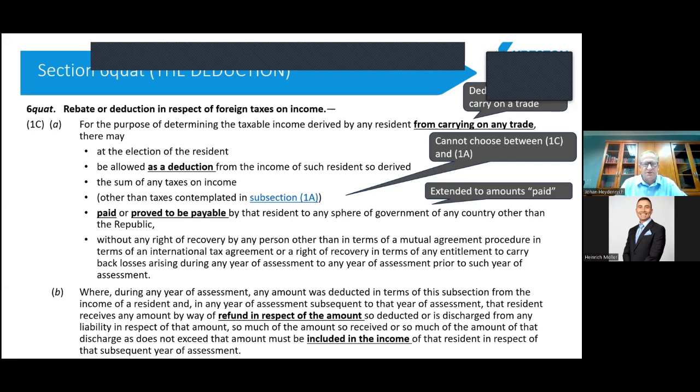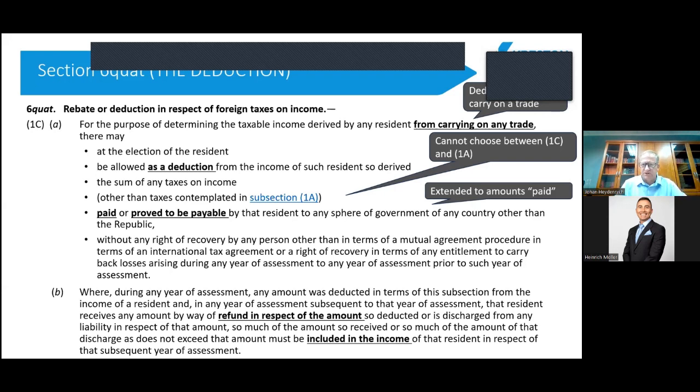For the purpose of determining the taxable income derived by any resident, and this is now quite critical, from carrying on any trade. So you only get the deduction if you carry on a trade. You do not get the deduction if you do not carry on a trade. So if you're just a natural person, you had a loan in Australia,